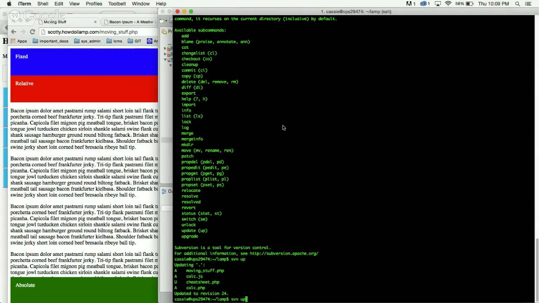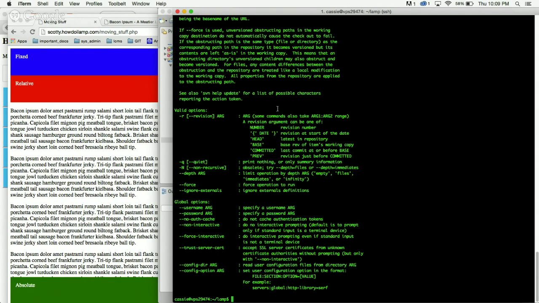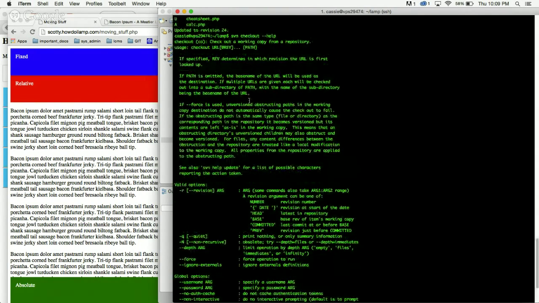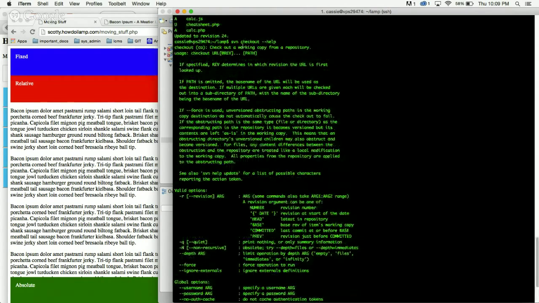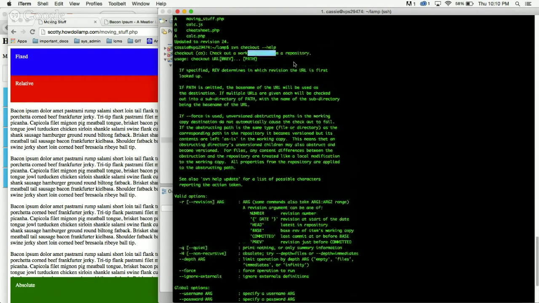So on an SVN help, you can do checkout. So this is what a checkout does. Yeah. So here's how you do it. Check out a working copy from the repository. So the usage is, I want to check out this URL, which is what I gave you in the beginning. If specified,